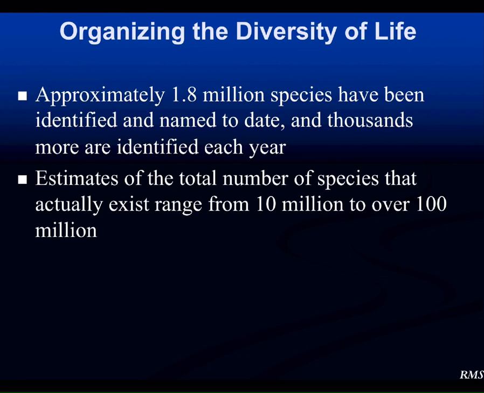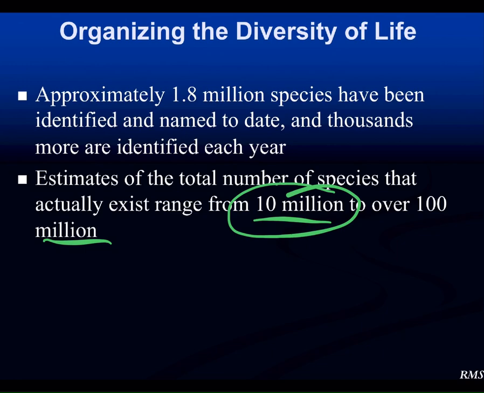I'll put an article up on the Blackboard that I want you to look at, but it just highlights the fact that we're discovering new species all the time. Sometimes it's bacteria and little things that would be hard to identify, but oftentimes it's even reptiles, amphibians, and mammals. So the question becomes, if we're discovering new species every year, how many species are on our planet? There are estimates that range between 10 and 100 million species. Most mathematically based models agree down around the lower end. But with that being said, let's round it up and say we know 2 million species on our planet.